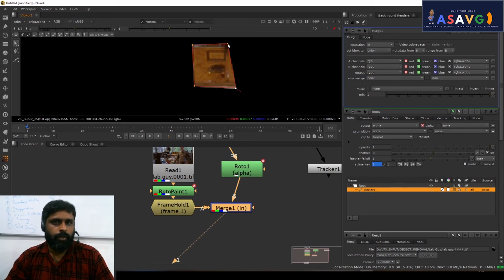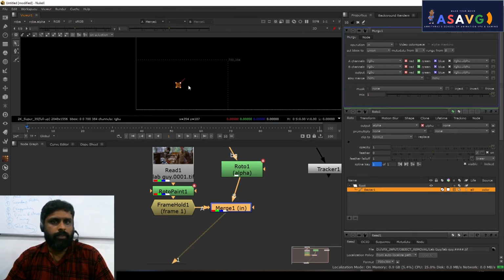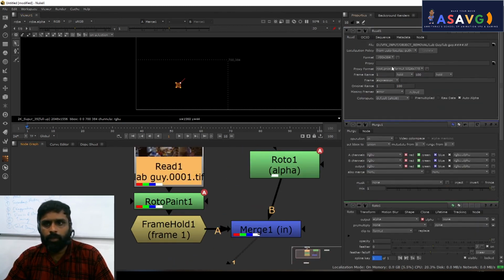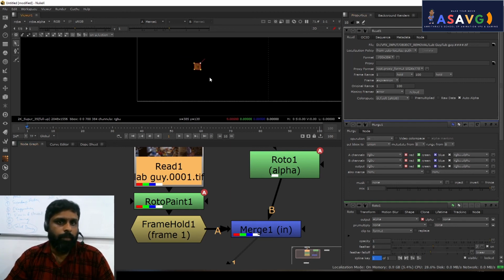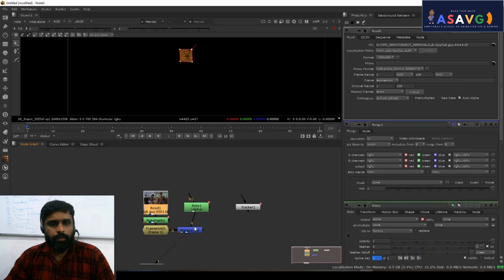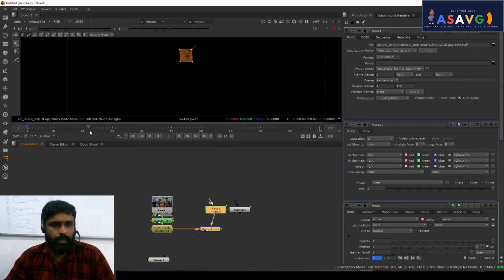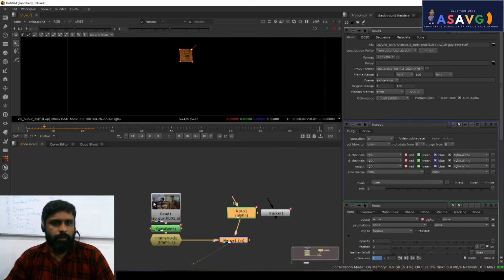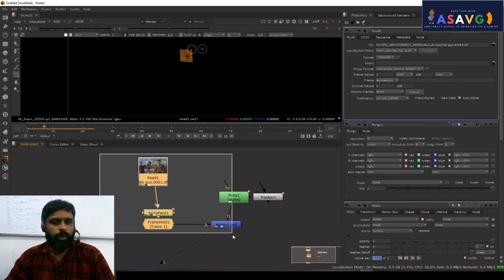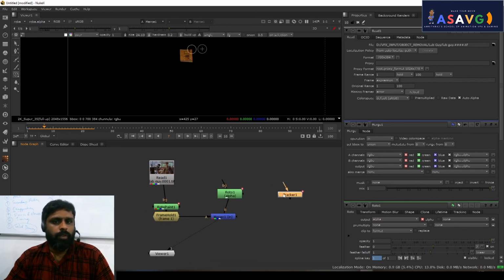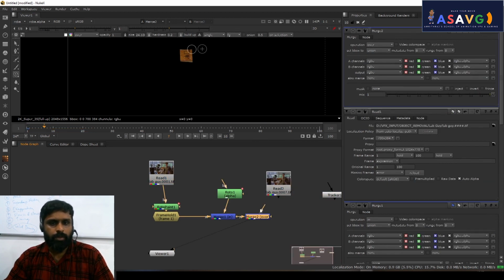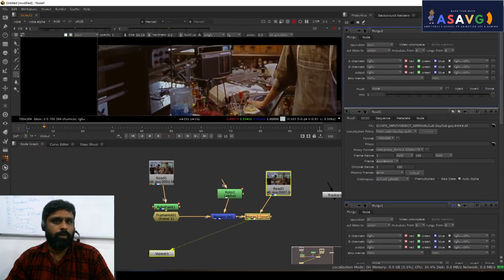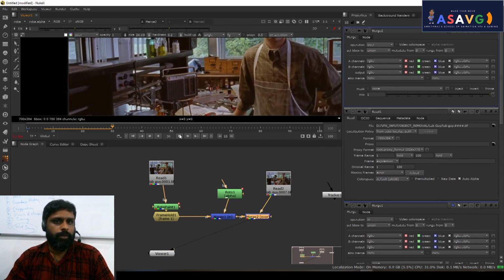The information is okay, and the project settings and all the things should be proper. Means the format and all the things should be proper, otherwise this problem may come. Okay, and this area I will play this. We can't find anything because we have only the foreground thing. Now we want the background. Control C, Control V. Okay, make a merge node, just make the background. So if we play this, we can see the information is going like that.